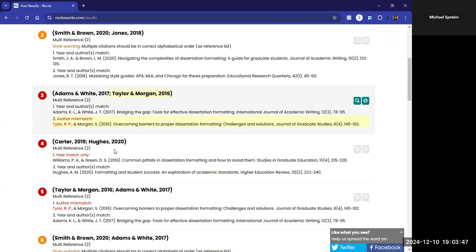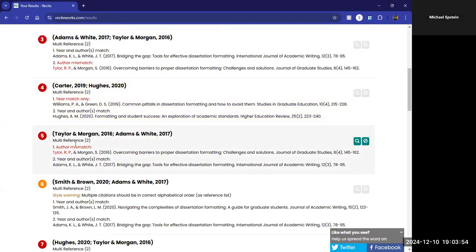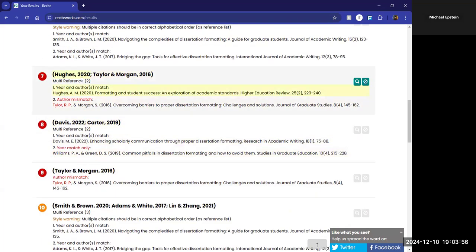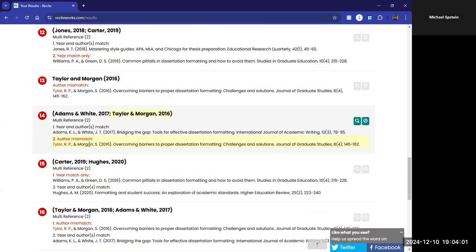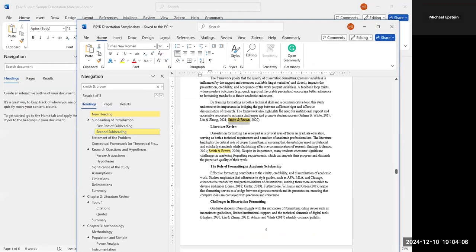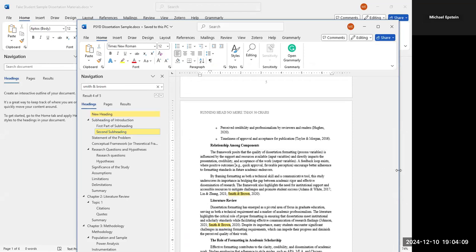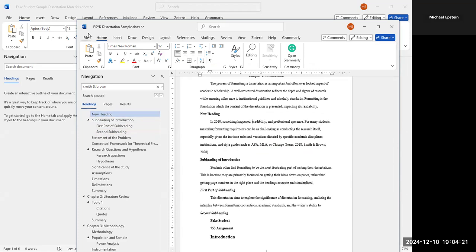And I take a peek here. What else do we have out of order? So we fixed the Tyler issue there. We fixed the Carter issue. We fixed Smith and Brown. We fixed all these. So I think maybe we fixed everything. I'm gonna put in some other examples of things that will flag it, just so you can see something. In 2010, something happened. Okay, so I'm gonna save this